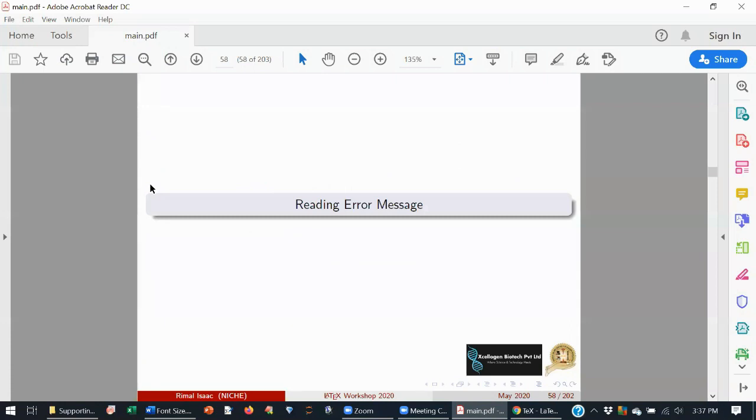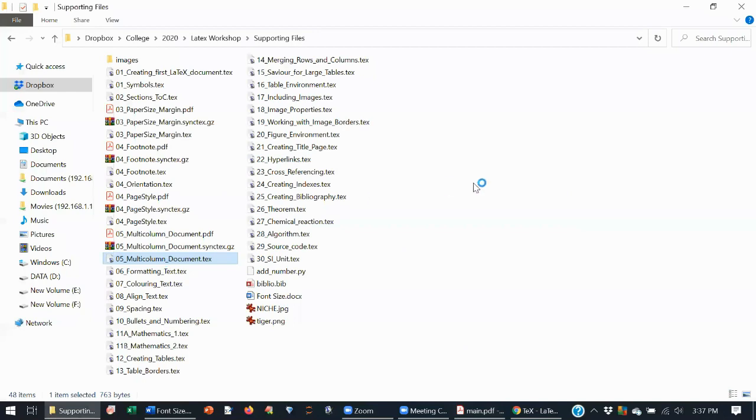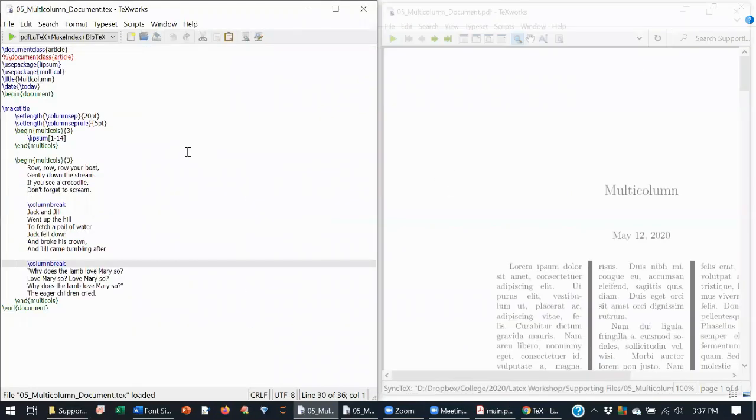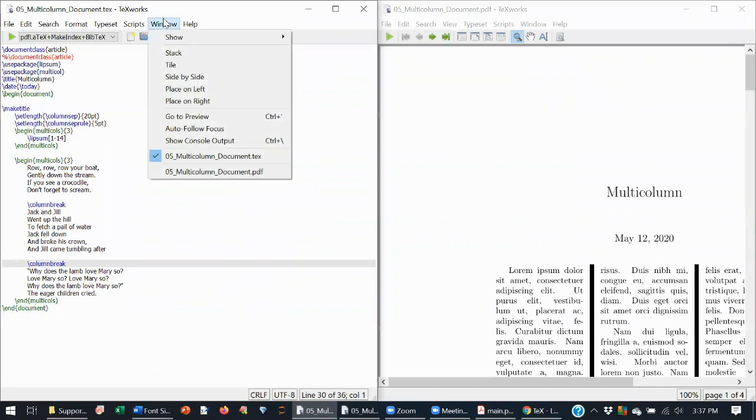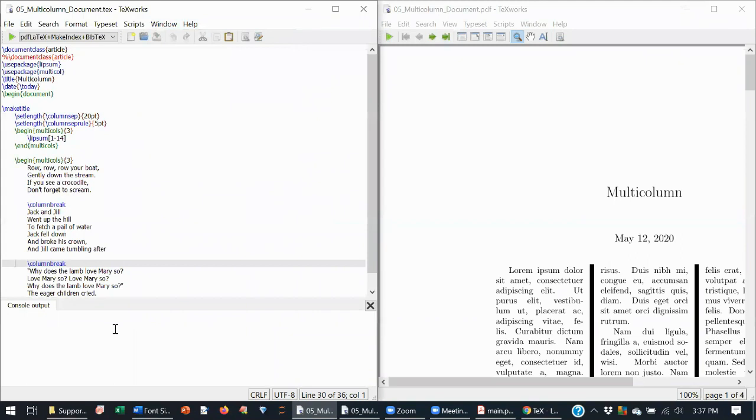Next thing is reading an error message. Reading error messages is very much essential in the case of LaTeX. Yesterday I told you, when you are compiling a document, you have to look into the console. You can enable the console by going to Window, then clicking Show Console Output. This console is very much essential in compiling a document, because any problems or errors you make in your document will all be reported in this console output. For example,